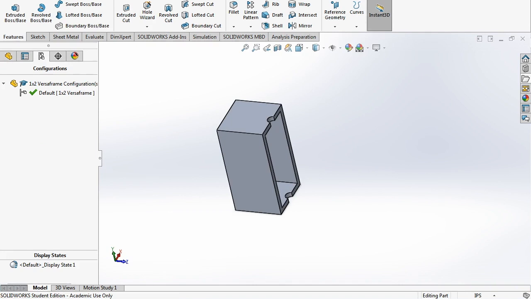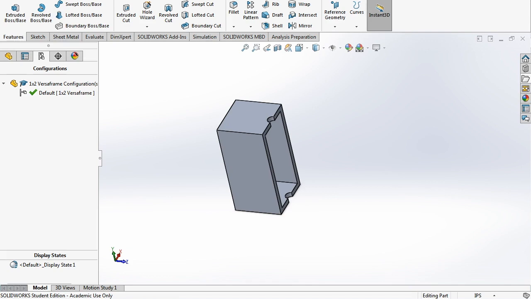But yeah, now we're going to move into configurations. So if you imagine when building your robot in real life and in CAD, you're going to have many different versions of VersaFrame of different lengths, of the same stock, but of different lengths. Like I'm going to have 5 inches and 10 inches. And